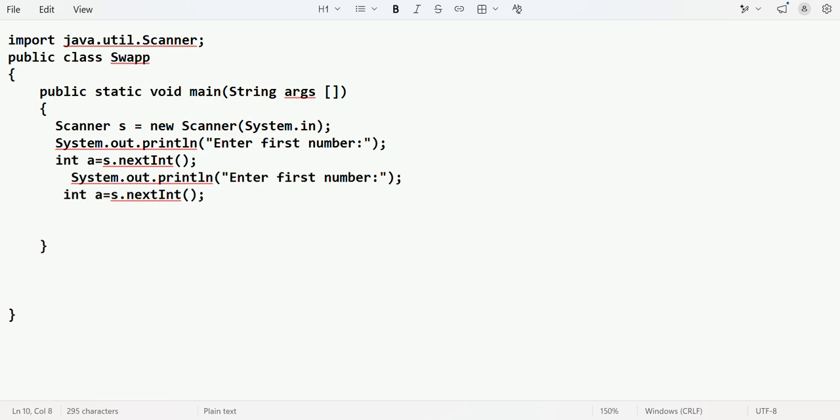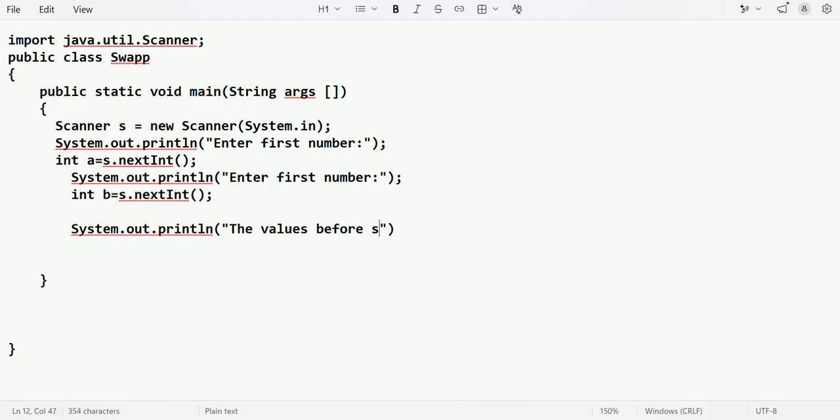I'll create this variable as b, and b is equal to s.nextInt. Okay, so after that I will just display both these numbers. System.out.println, and I'll give the message: the values before swapping, and I'll print